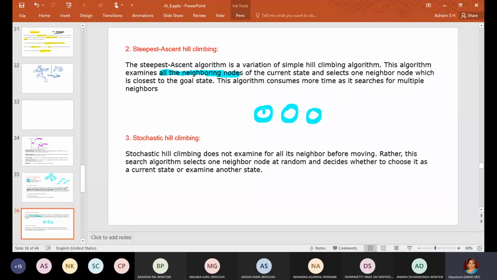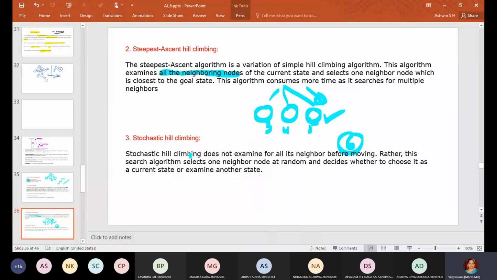Suppose you have 3, 4, 5, and the goal node is 6, so it selects the node nearest to it.